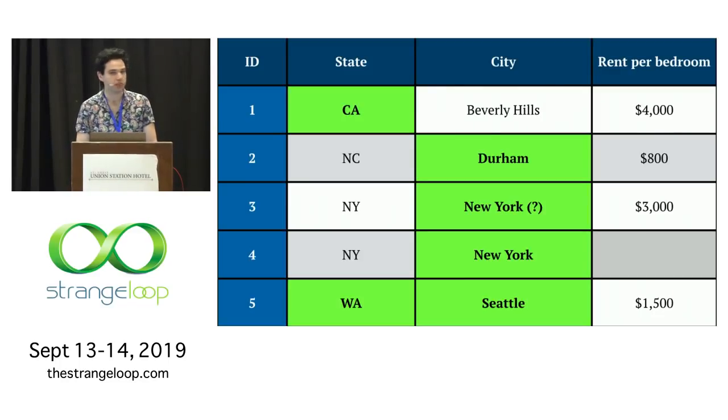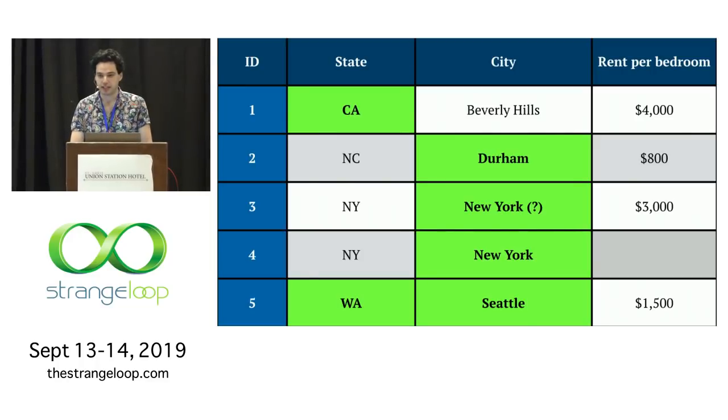So humans can do a pretty good job of cleaning this up pretty easily. But this table had 5 rows, and if it had 5,000 rows, even this whole talk wouldn't be enough time to clean it. So we want to automate something. So how do we automate a task like this? Well, we're in a room full of experienced software engineers, and I can imagine many of you might be thinking that automating this task would actually be pretty easy.